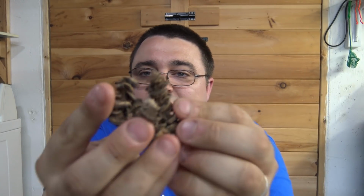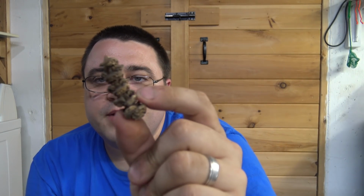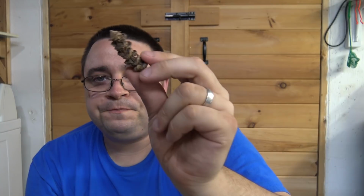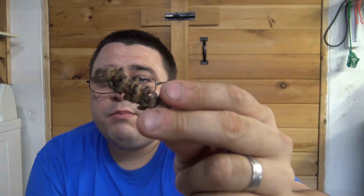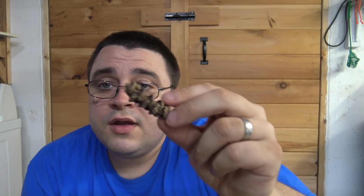And then the last thing that we have is one of my absolute favorites for shrimp, and that is the banana stem. And we've got 3 or 4 little pieces of banana stem here. When people are harvesting bananas, the banana industry, this is usually waste. This is refuse. They throw this away. Instead, what we're having them do is dry these banana stems, and then you can throw these in your aquarium. They rehydrate and they puff up a little bit. They get a little bit bigger, a little bit softer, and then it is a great surface for infusoria and other little critters to start feeding on, which in turn feeds your shrimp and your baby fish